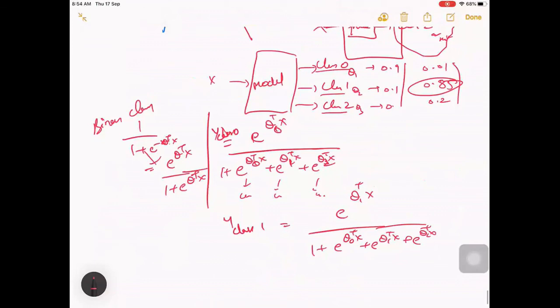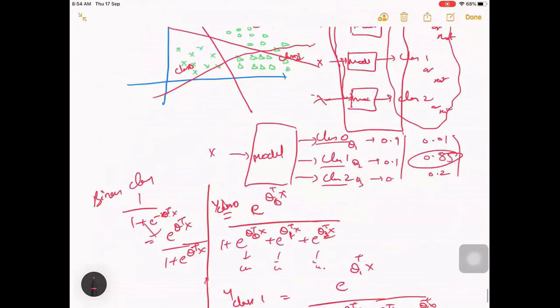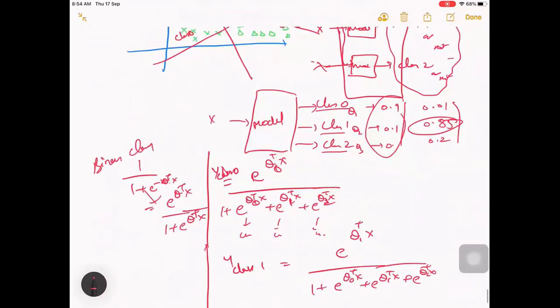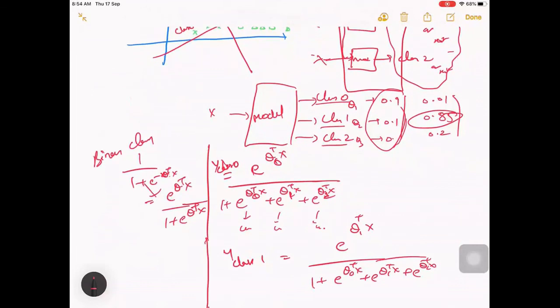You'll be getting some probabilities like this. But if you do it separately, you may get some value like 0.5 here and 0.5 here, so the sum of all probabilities won't be equal to 1, right? Usually you expect only one of them to be true. Maybe 0.5 here, 0.7 here, 0.2 here. You are not sure which one to take. Maybe you can take the maximum value, but you are still in confusion between these two, right?